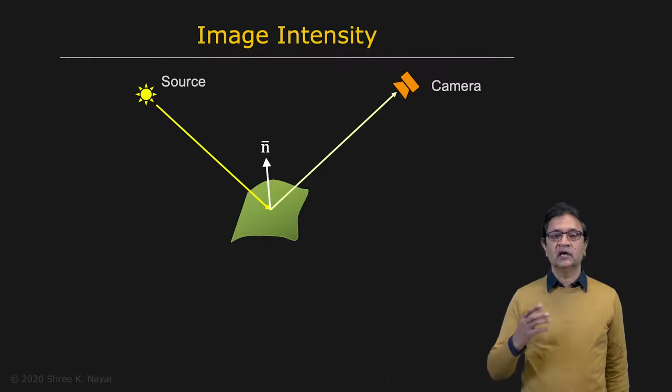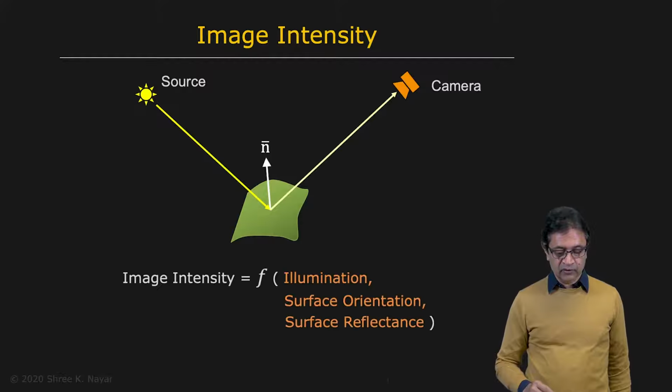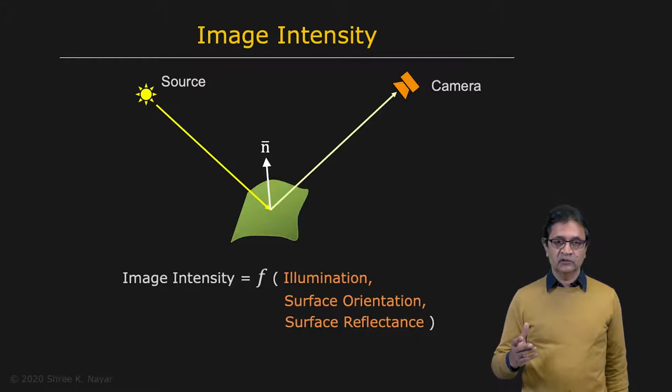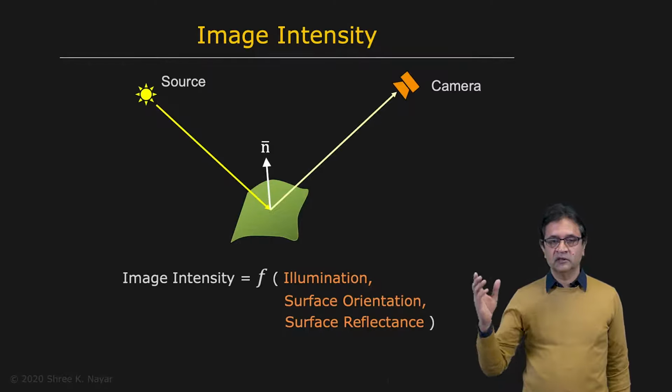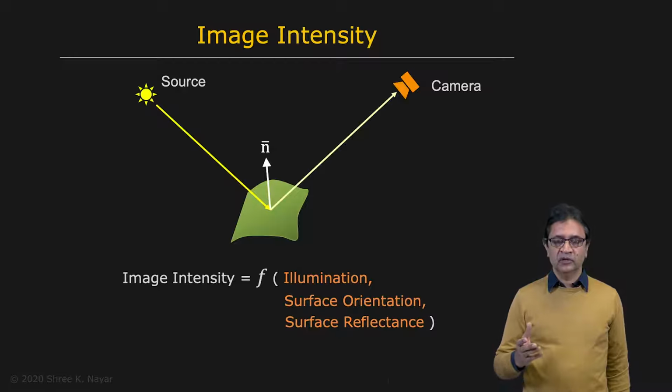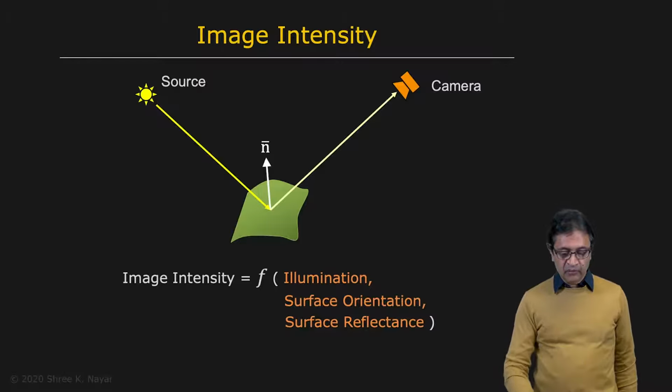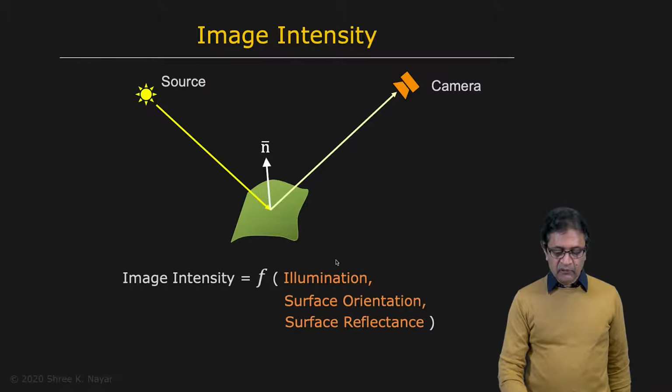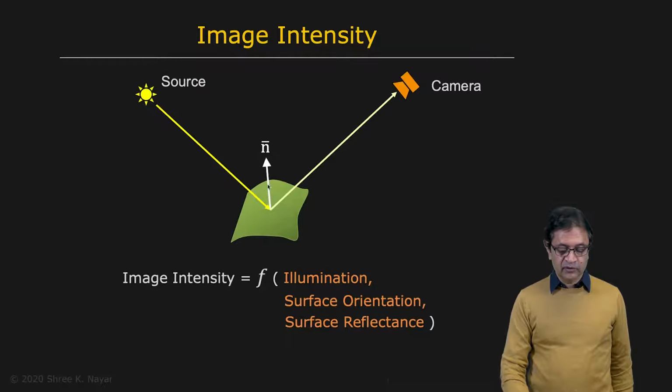So what are the factors that influence the image intensity of the point? Well, first, of course, you have illumination. You could have simple illumination, which is a point light source of a certain brightness in a certain direction, or you could have multiple point light sources, or even extended and area light sources as well. But whatever the case may be, you can imagine that you need a certain number of parameters to define the illumination itself, which are unknown to us in this setting. And then, of course, you have the orientation of the surface at that point of interest, which is given by n. So that's an additional couple of parameters.